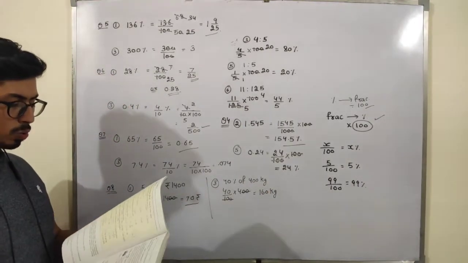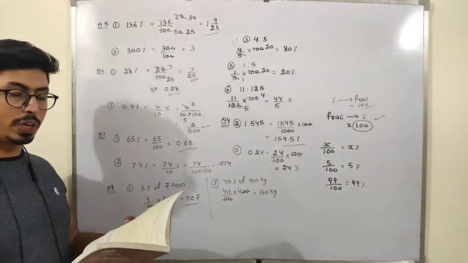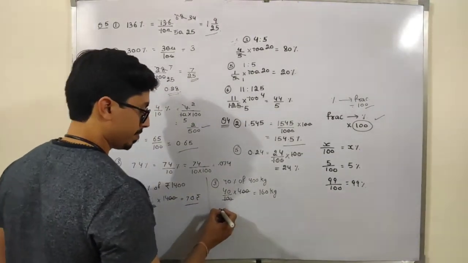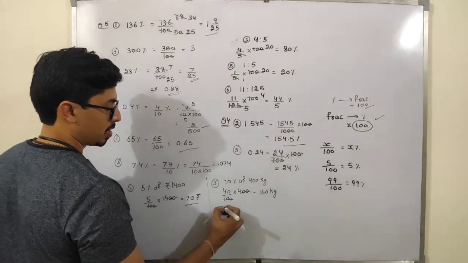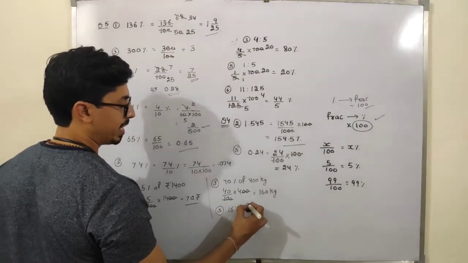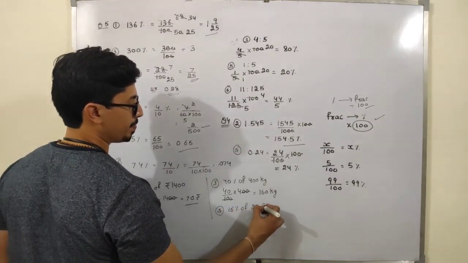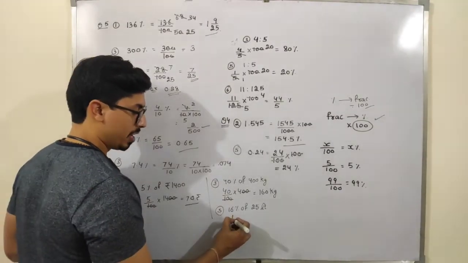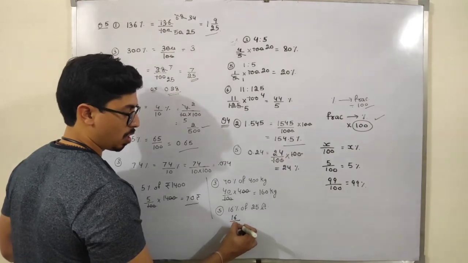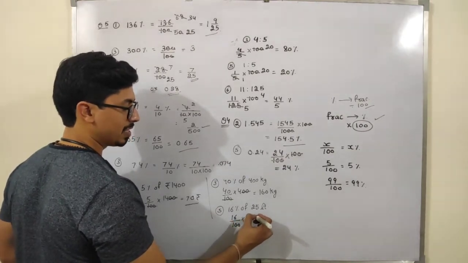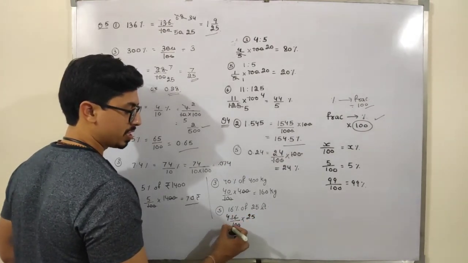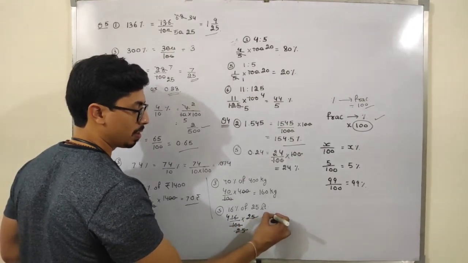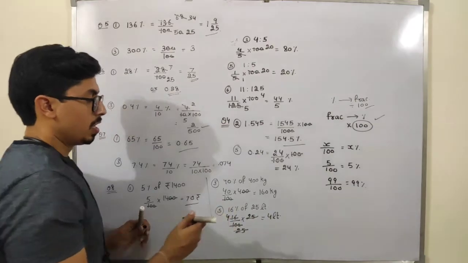Okay. Now students, if I take 16% of 25 liters, that is part number 5th. 16% of 25 liters, if I take. See, 16% means 16 upon 100. Of means multiply, 25 as it is. So 4 4s are 16. 4 into 25. And 25 cancels out with this 25. So this will be 4 liters.